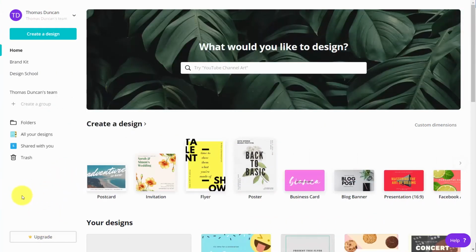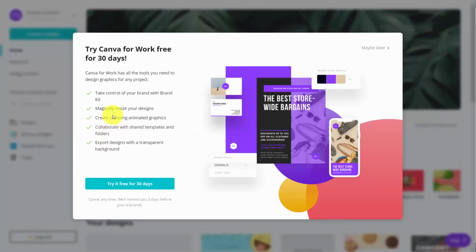Welcome back. Now, you've seen in different places around your dashboard this button that says upgrade, and this will allow you to upgrade to Canva for Work, which will give you access to other tools to create more designs. So in this case, all you would need to do is to click this upgrade button, and you'll notice that